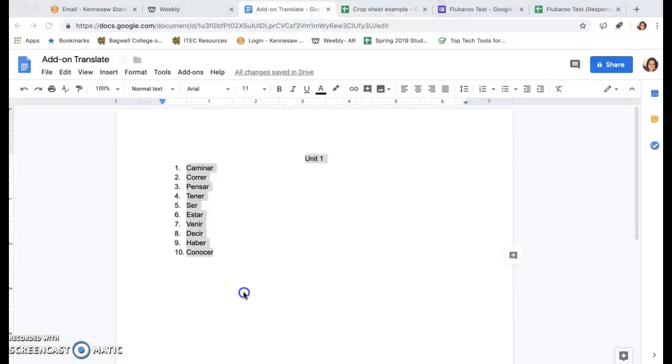Next, I want to show you a translator add-on. So this is a unit that my students are working on in their Spanish class. They're learning some new Spanish verbs. And if they needed to type up some Spanish verbs, they could actually translate it from English to Spanish or Spanish to English. So I've typed up some Spanish verbs, and I'm going to highlight them, and I'm going to click